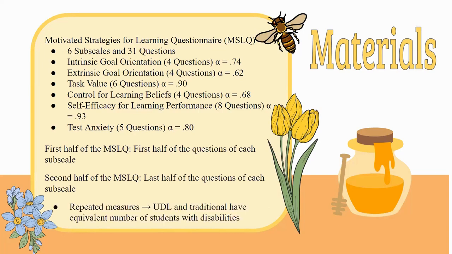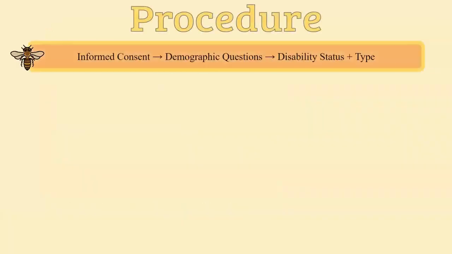I split the MSLQ since the study had elements of a repeated measure where participants saw UDL and traditional courses. It was a repeated measure because I wanted an equivalent number of students with disabilities for both conditions. After informed consent and demographic questions,